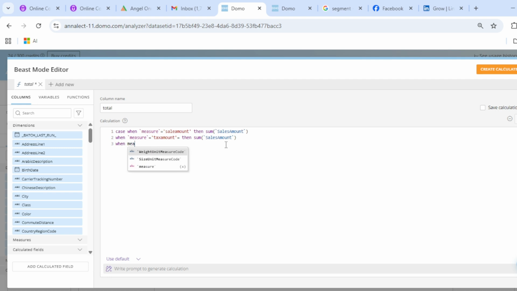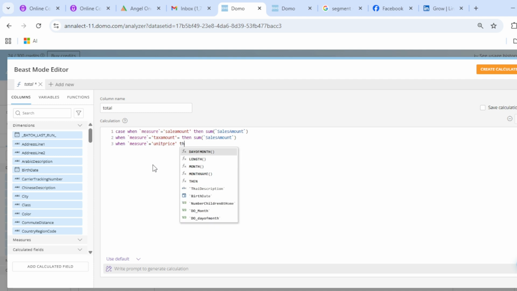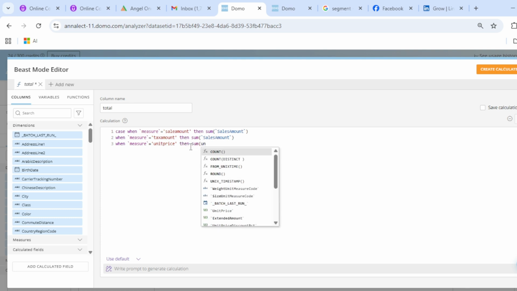Vane measure is a variable that I created, right? Is equal to unit price. Measure is equal to unit price, sorry, this is wrong, then sum of unit price. Okay,